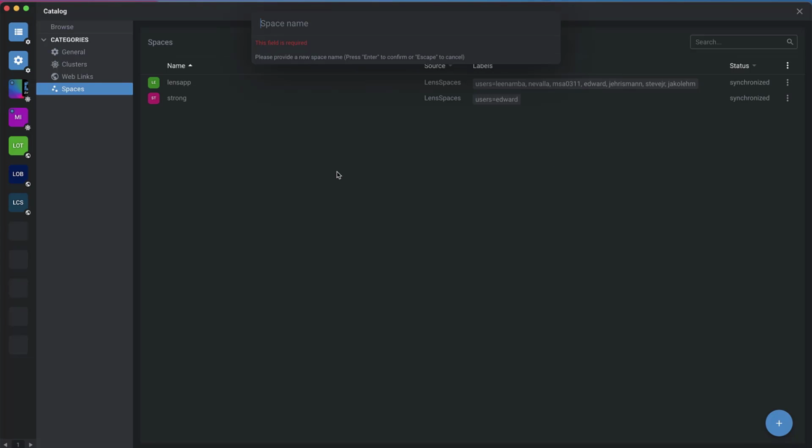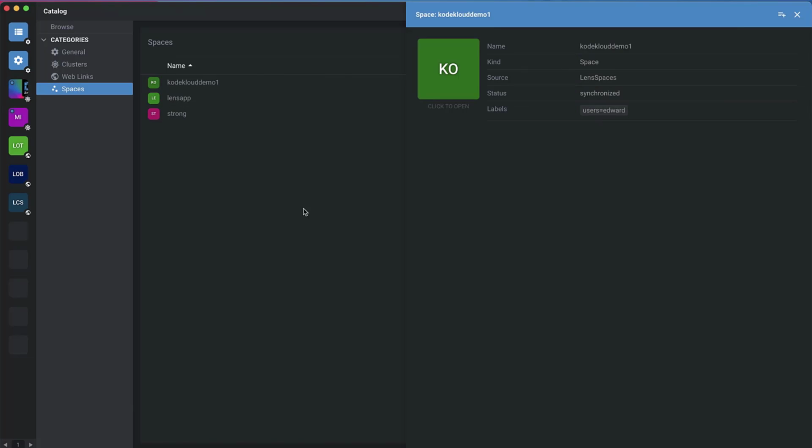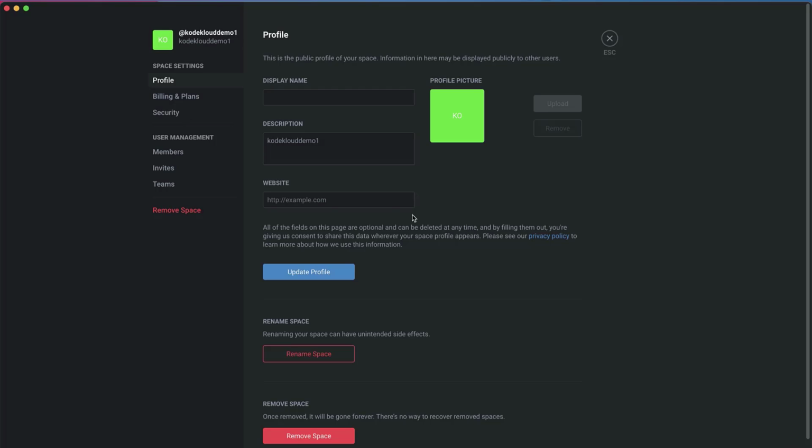The space I'm going to create is going to be called Code Cloud Demo 1, and I'll click Enter. We have now created a space called Code Cloud Demo 1. From here, there's several things I can do. I can jump into the settings of this space and make some configuration changes if I choose to do so. For example, I can give it a display name,